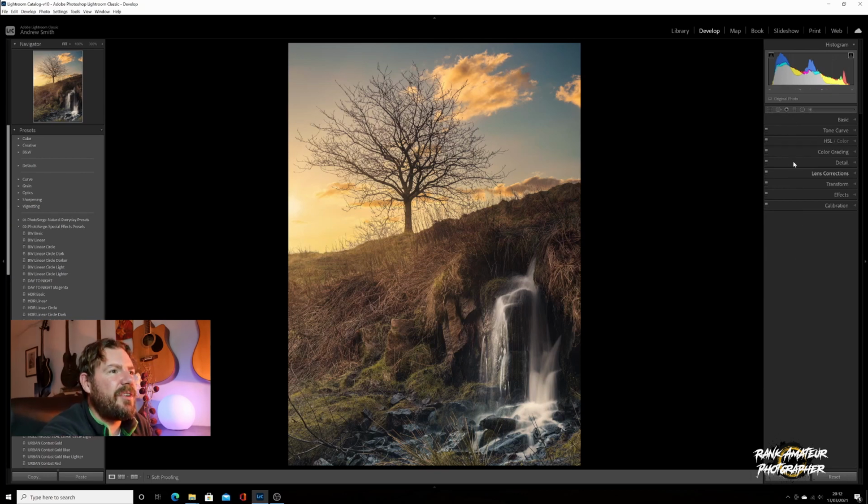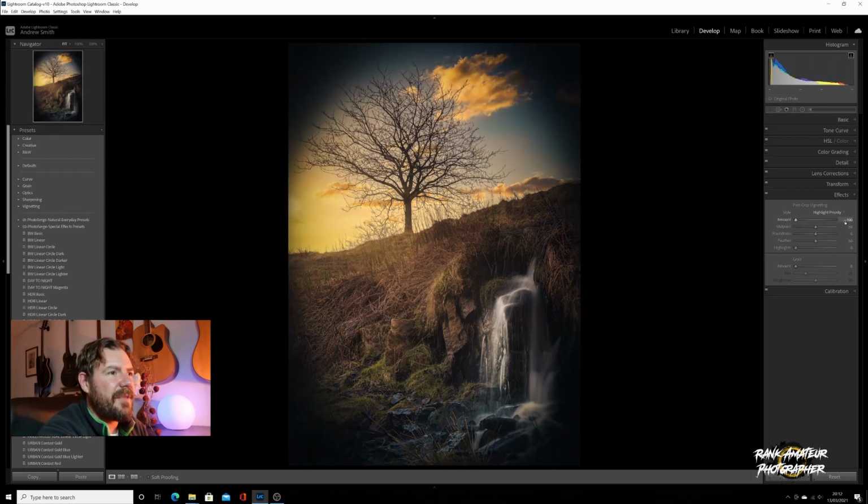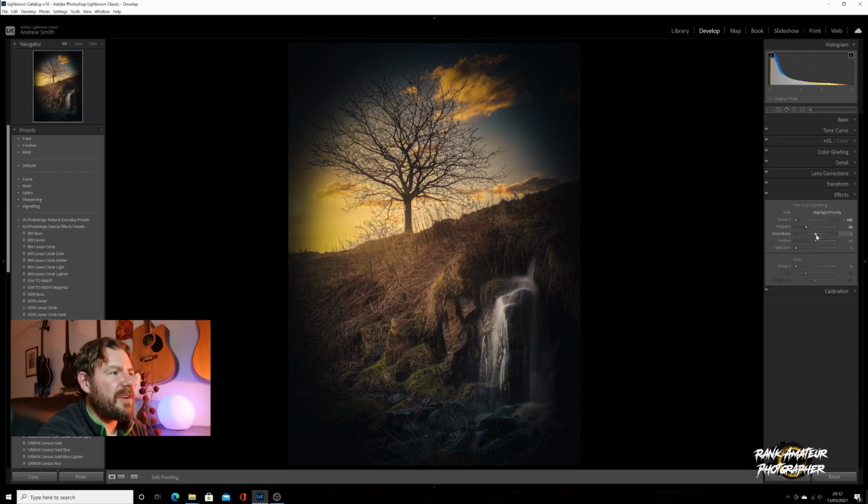Then the last thing that I would do is go into effects. I'll caveat this for now: I'd spend a lot longer doing this. I'm just trying to give you a feel for exactly the process that I went through when I created it. But what I would do now is literally go into effects. I'd slap the vignette on full because I like to see where it's going to affect. I'd change the midpoint and bring that in, and then I'd also change the roundness